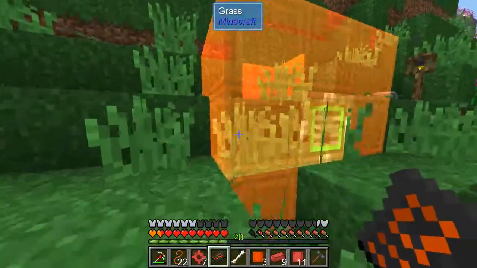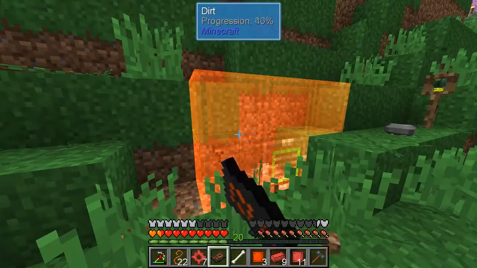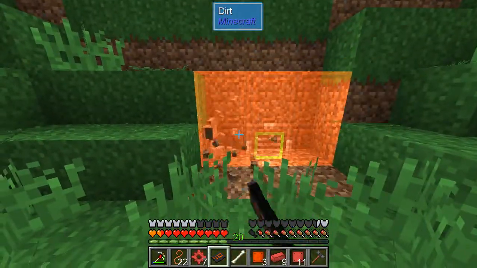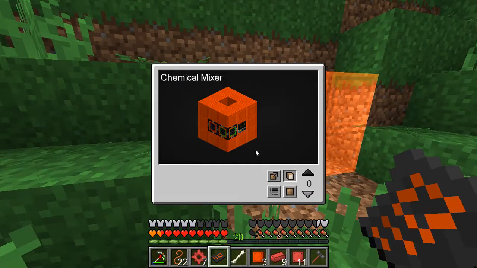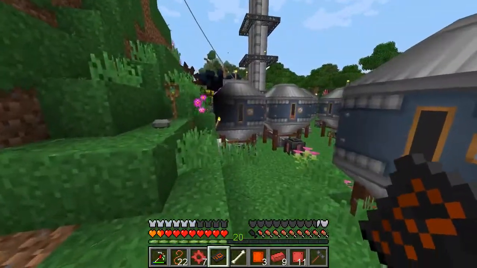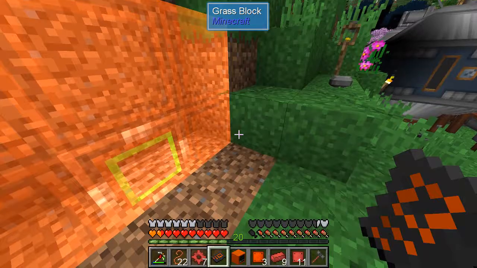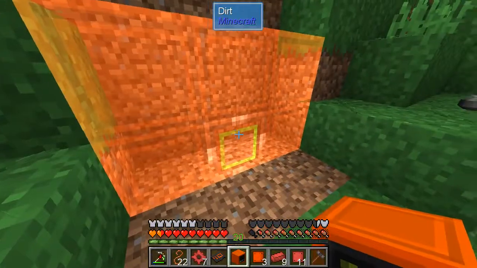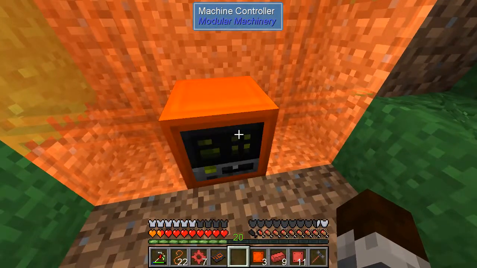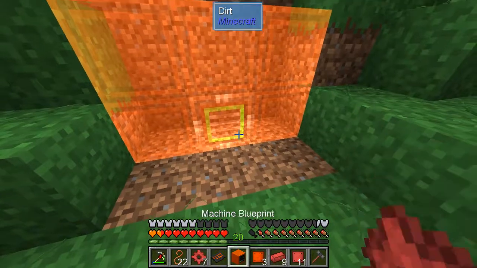So, right here. In this little hole in the wall. There we go. It's a structure. Might eventually connect it to my base somehow, but who knows. Let's see. Machine controller. Now, it doesn't light up or anything like Immersive Tech. I don't know if that's the right block. Oops. So what's...